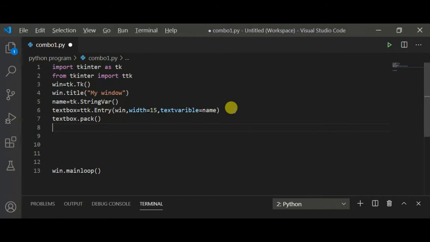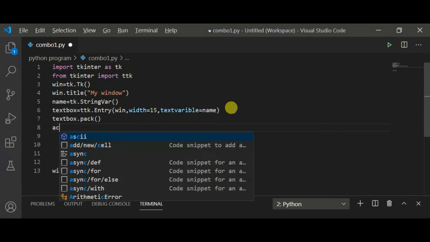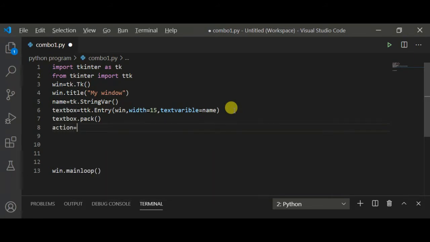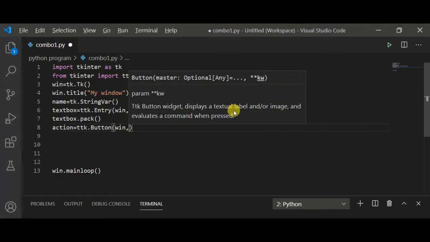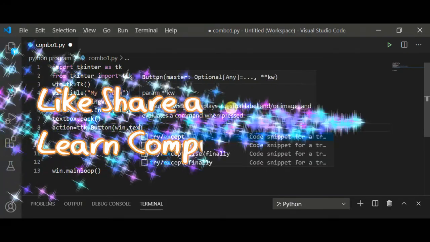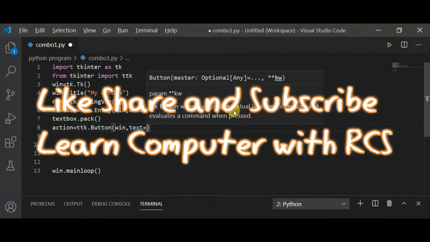Next component that I am inserting in that window is a button. For this I am creating a variable action here equal to ttk.Button. I am placing it inside a window, and text is click me.